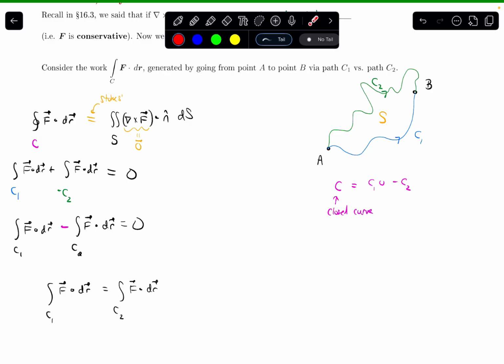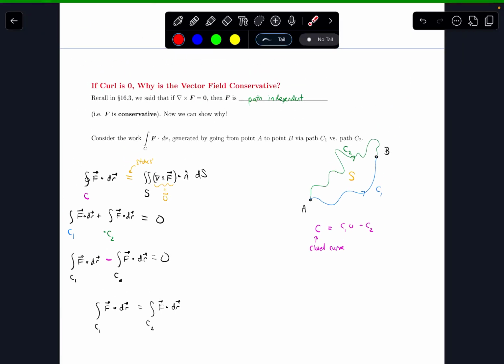And the paths C1 and C2 are arbitrary, which means no matter what path I took, as long as it started at A and ended at B, we get the same work. So our vector field is path independent. So that is a mathematical argument for why, if the curl is 0, then our vector field should be path independent. There are some details that I'm omitting, like some conditions that we need about our region, but in most cases, and certainly in the cases we're going to consider in our class,